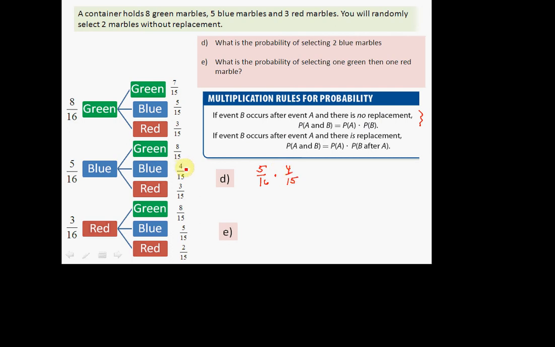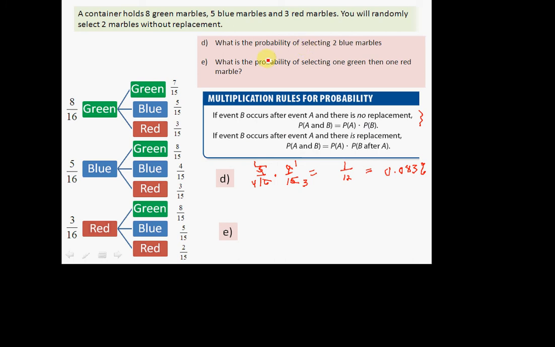It comes from right here. And then we just do the math. We could reduce: 4 goes into 4 once, 4 goes into 16, 4, 5 goes into 5 once, 5 goes into 15, 3 times. 1 times 1 is 1. 4 times 3 is 12, which is equal to 1/12. You do the division and you get 0.083. There's basically an 8.33% chance of